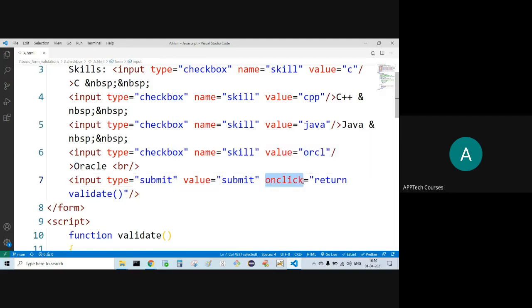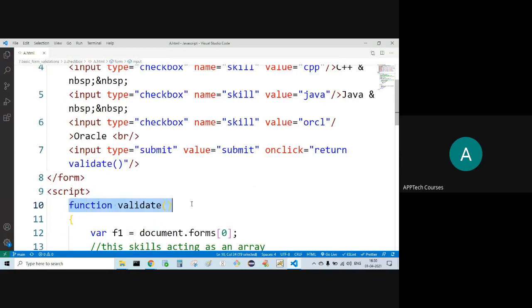Onclick, we know how onclick is working. Onclick, return validate. Upon clicking on this button, what happens? The validate function will be called.